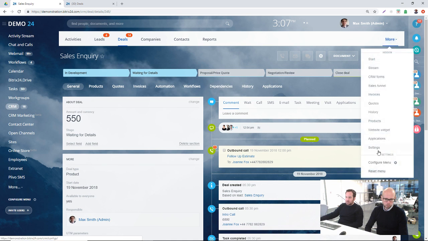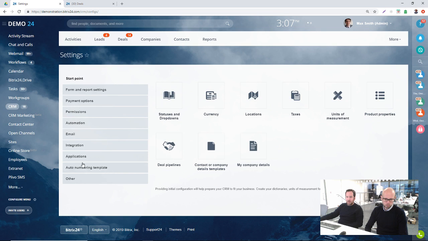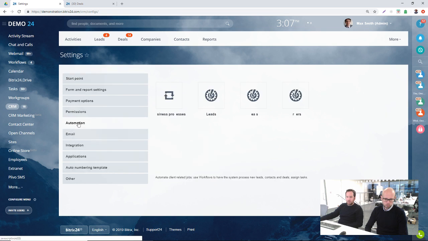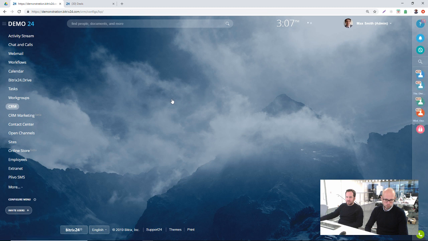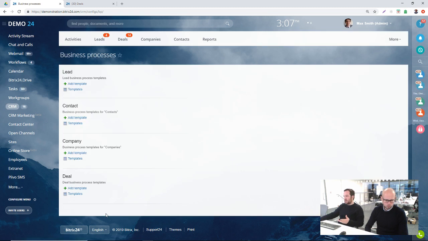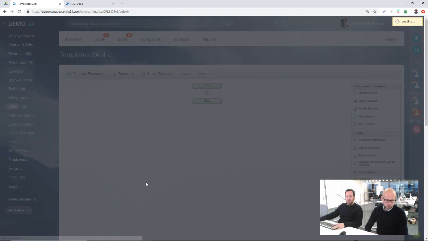So let's jump into the settings. We go to the automation and business processes. Just to point out that you are going to need a paid version of Bitrix to be able to do this. So if we click on add template here,